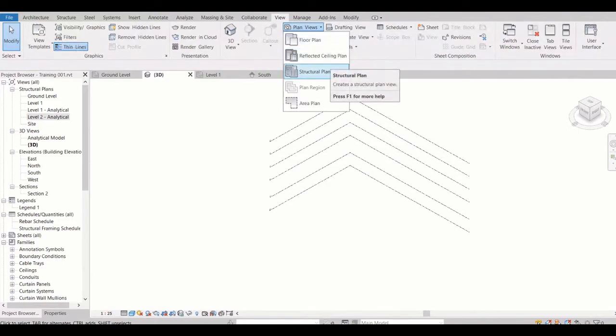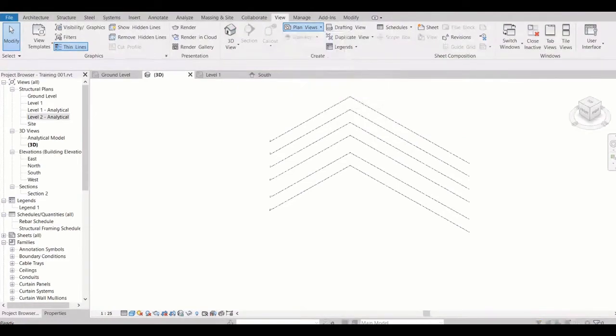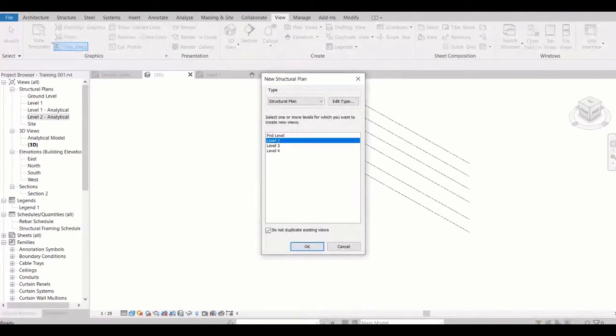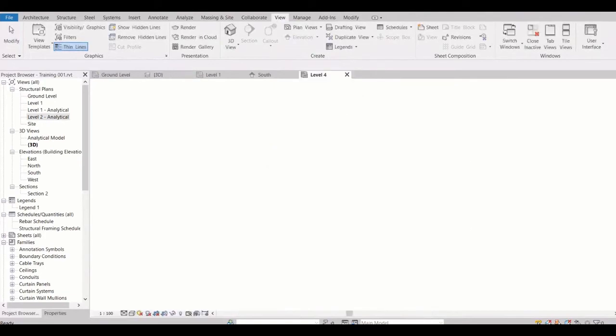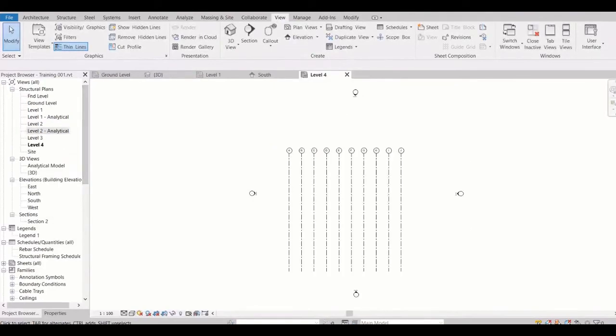And here you need structural floor plan or normal floor plan, whatever you want, you can just define it. Now I have this, so I will select all, and do not duplicate existing views. Okay, so it has created level 1, 2, 3 all levels floor plan over here.